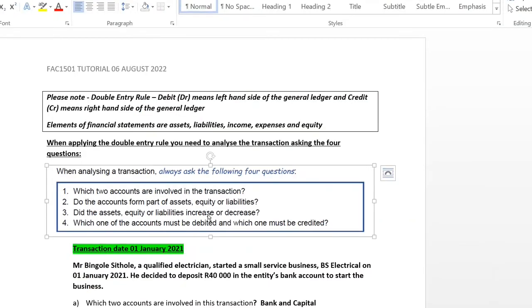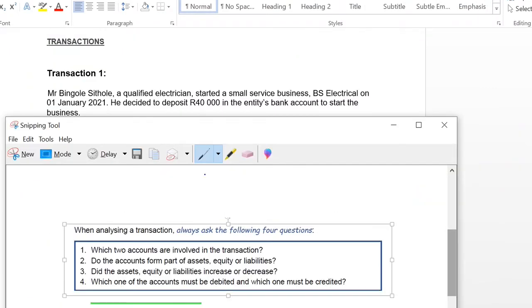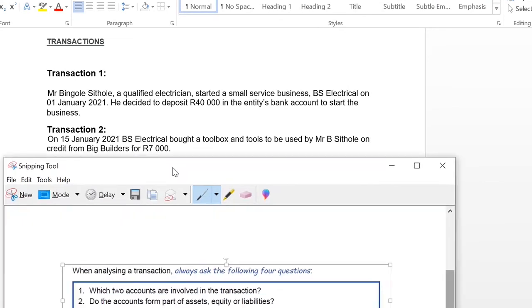Let's do transaction number 2. Transaction number 2 is saying, on the 15th of Jan 2021, BS Electrical bought toolbox and tools to be used by Mr. Sitole on credit from Big Builders for 7,000. So basically what's happening here is